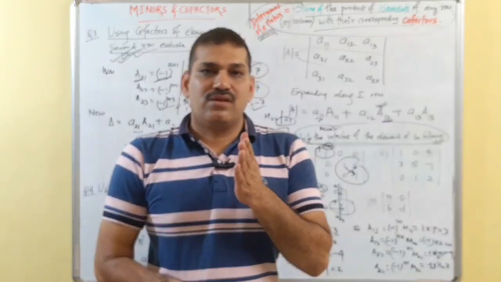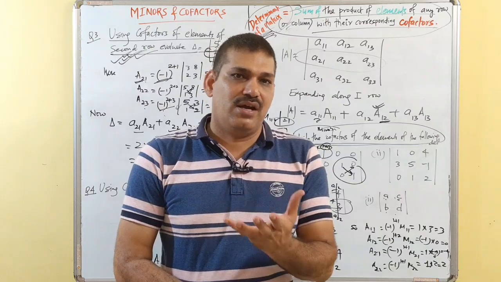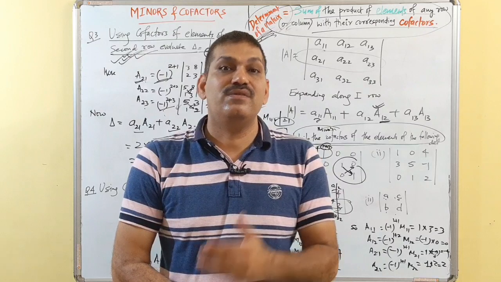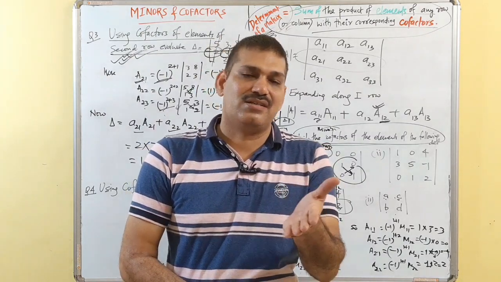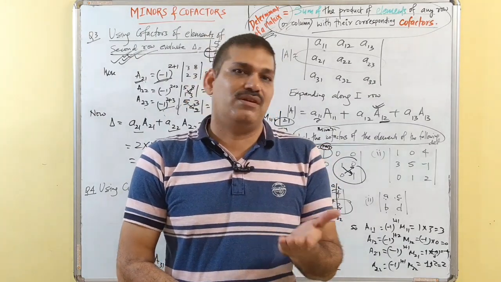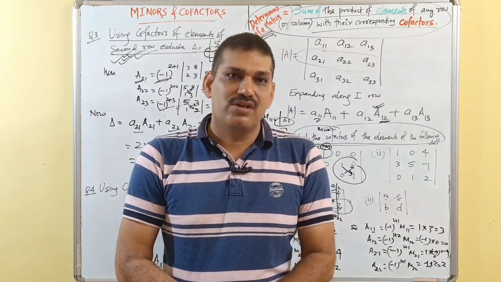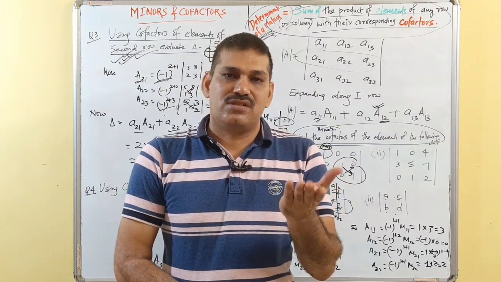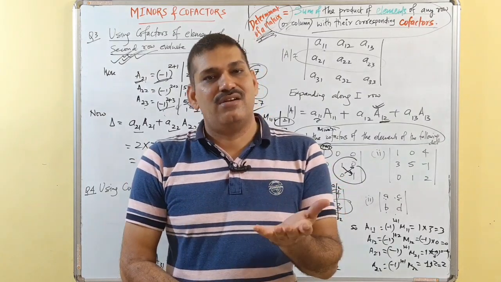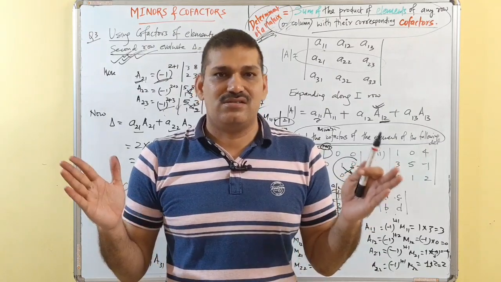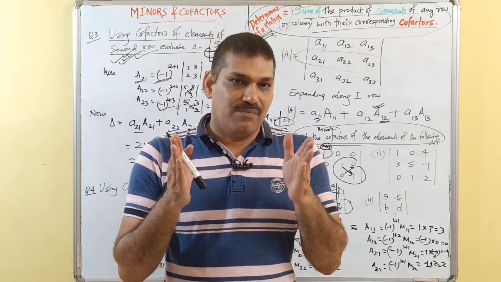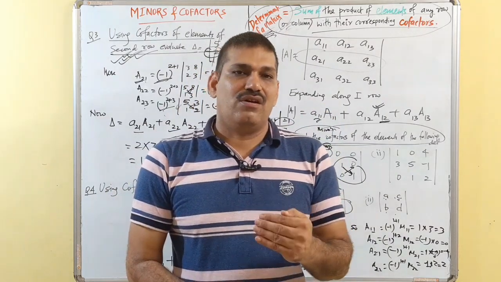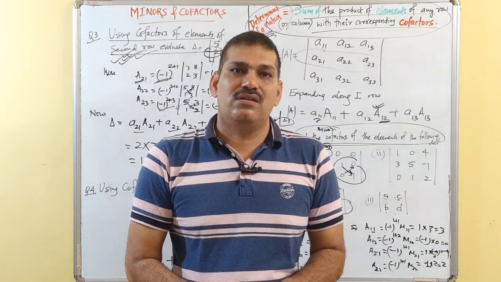Actually, the cofactors will be used to find the adjoint of a matrix, and with the help of adjoint of a matrix, we will be finding the inverse of a matrix, and with the help of inverse of matrix, we will be solving the system of linear equations. So we are preparing for the next topic, which is solution of linear system of linear equations, and for that we must know what the cofactors are. And the transpose of cofactor matrix is adjoint of a matrix. We will talk about it on our next session.